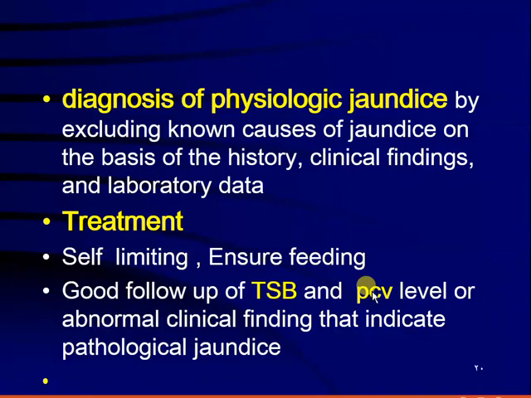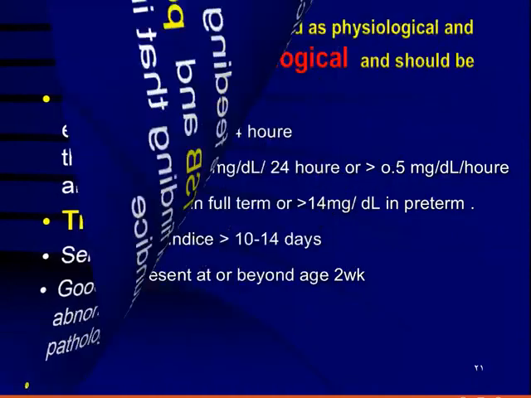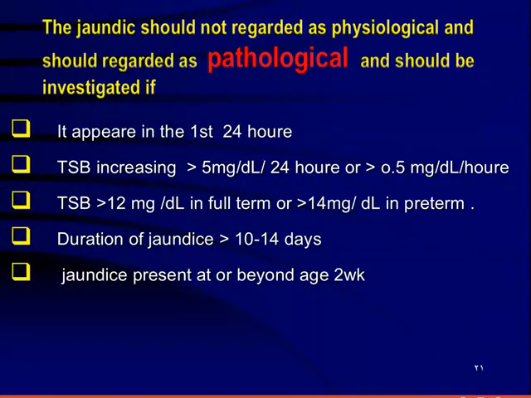When there is a severe decrease in the PCV, it may indicate hemolysis, which may indicate blood group incompatibility or hemolytic disease. Now, the jaundice should not be regarded as physiological and should be regarded as pathological and investigated if, when should we think that this jaundice may be pathological? It appears in the first 24 hours,